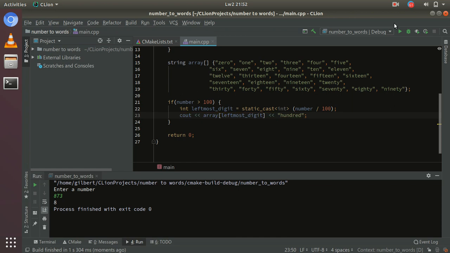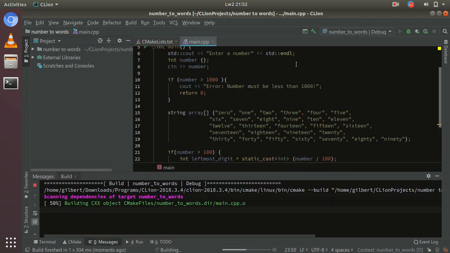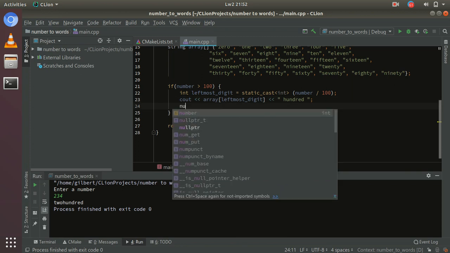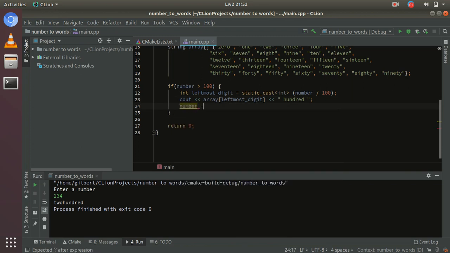Okay, add 100. That's going to be something like the number 234, 200. Okay, so let me add a space here. That gives you 200. Let me also add another space after. So after that, let us change this number. Let us say number minus equals to